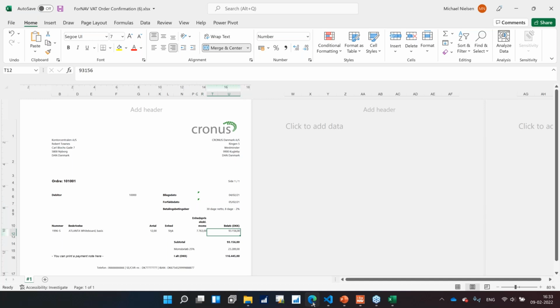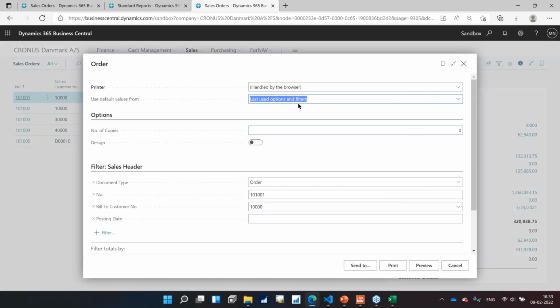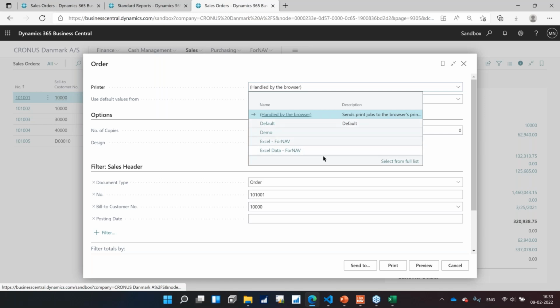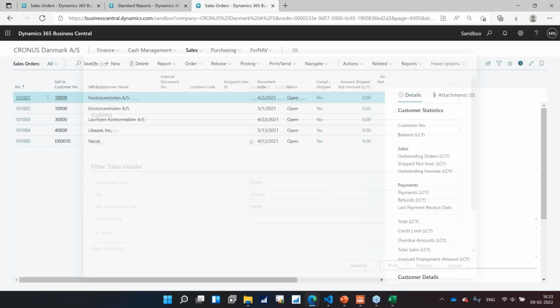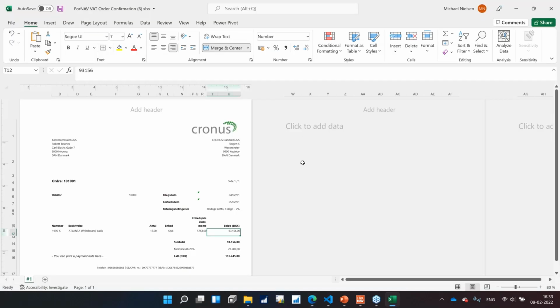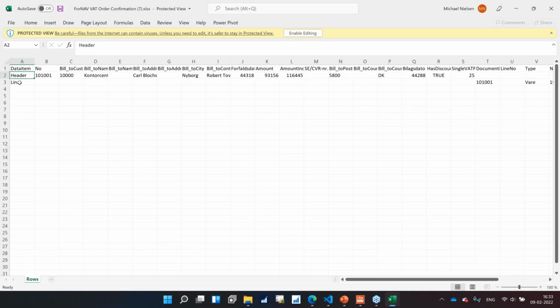Also, let me just demo the new option that you also have in BC to print the data set instead of just the Excel sheets with the layout. So click on this and do print, then we get a spreadsheet with the data from the document. We have chosen to do this a bit differently than what Microsoft is doing. In Microsoft's version of this, you have a flat data set,